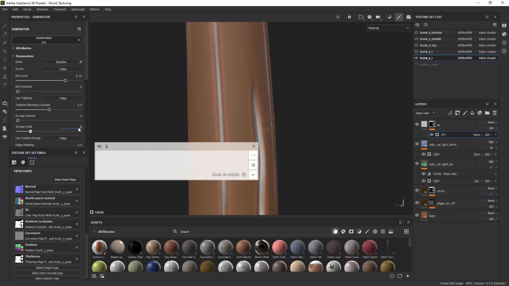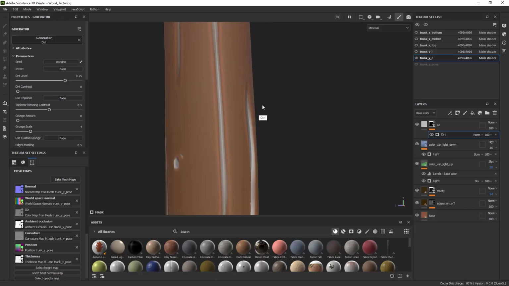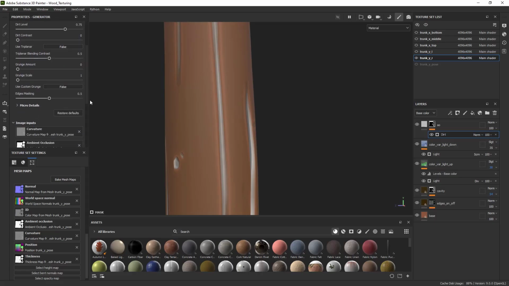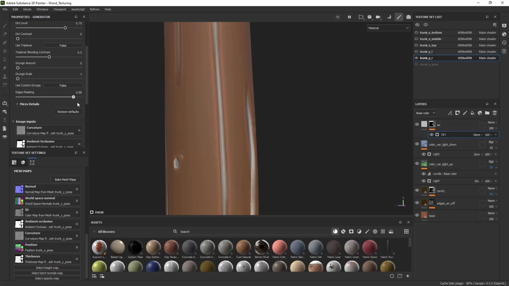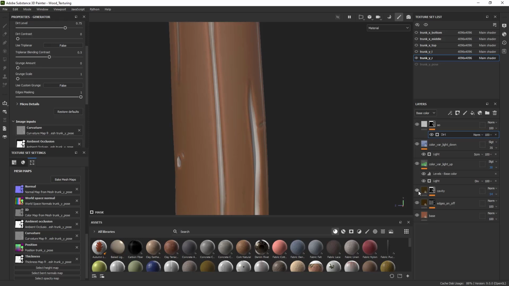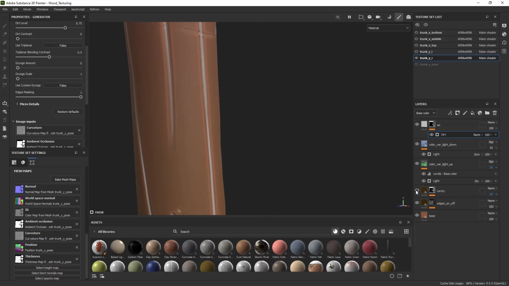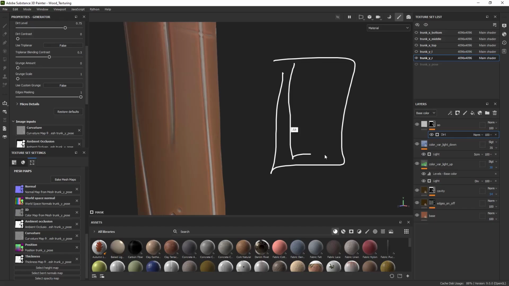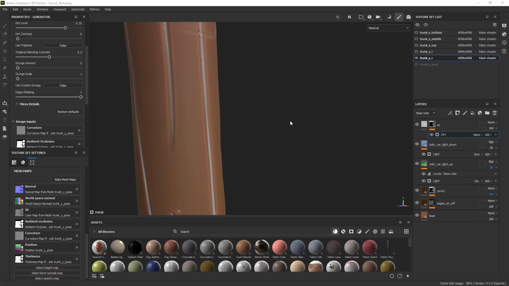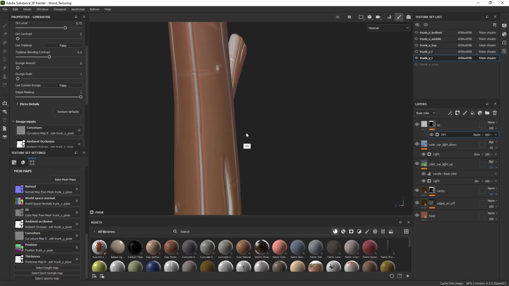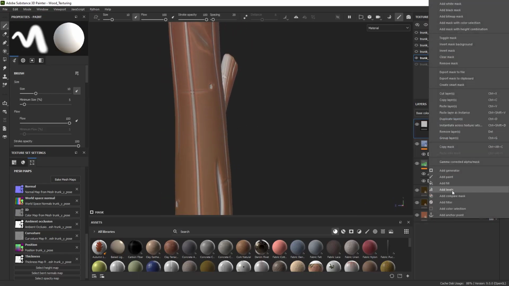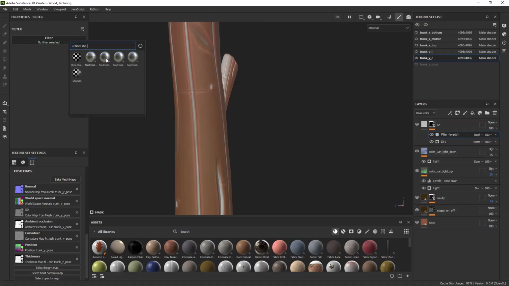So grain scale 2, no make difference because the grain amount is 0. Edging mask, yeah, it's here. Let me increase it. So how you can see, we have the cavity. It's basically, I have one strip, for example, the edge, the cavity, and another with the AO to create this effect. We could also, if I want, add a bevel here, filter, bevel, but